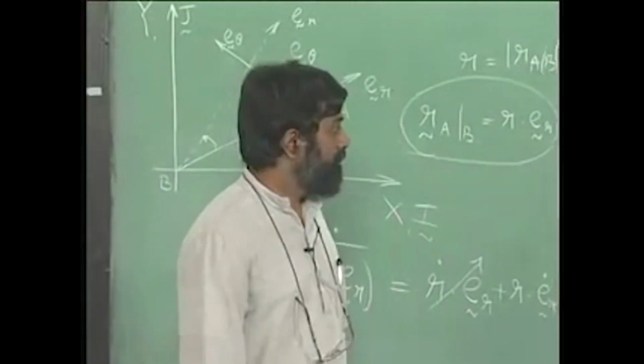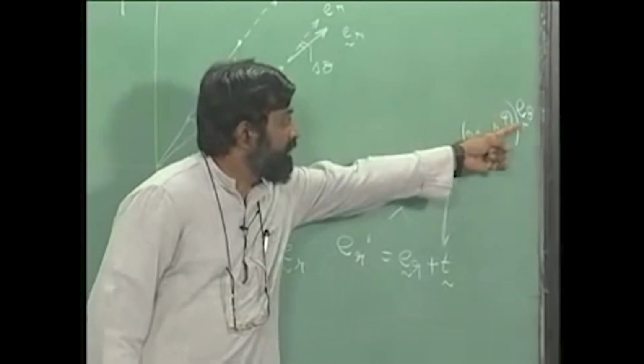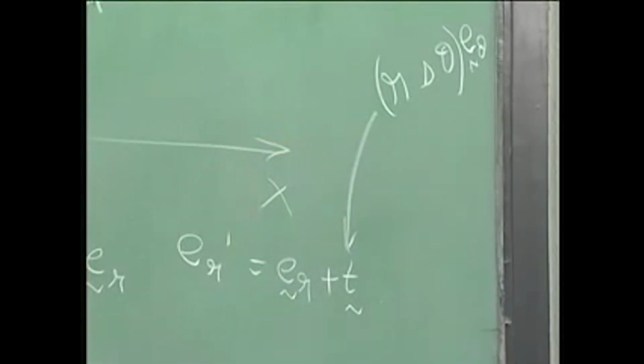Do you agree with me? Is this clear? R times delta theta E theta is the rotation it has undergone